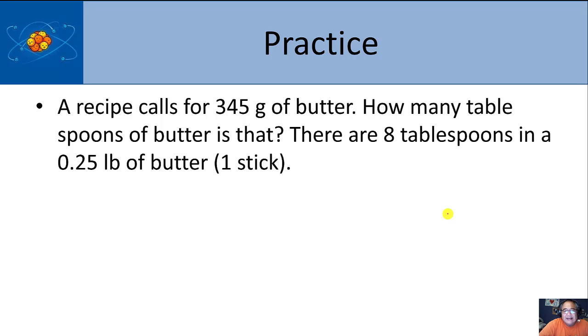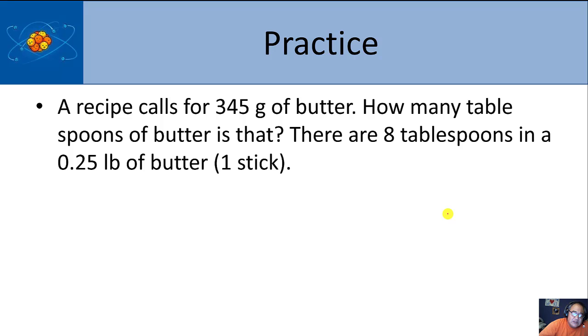Because in England, they weigh out a lot of foods. And in a lot of recipes now, everybody has these kitchen balances or scales. But a lot of times, if you don't have one of those, and it says 345 grams of butter, how do you know how much that is in tablespoons? Because a standard stick of butter is cut up into 8 different tablespoons. Anyways,